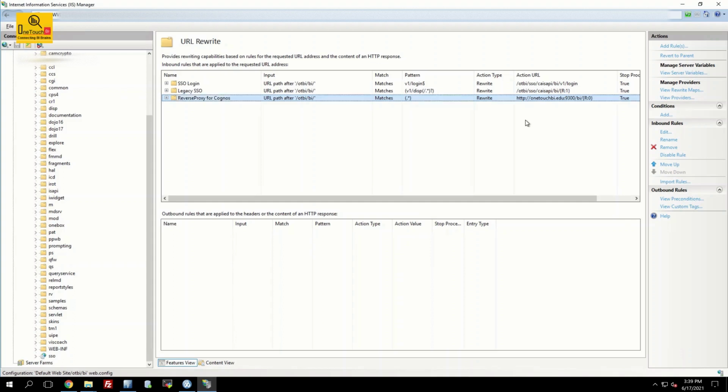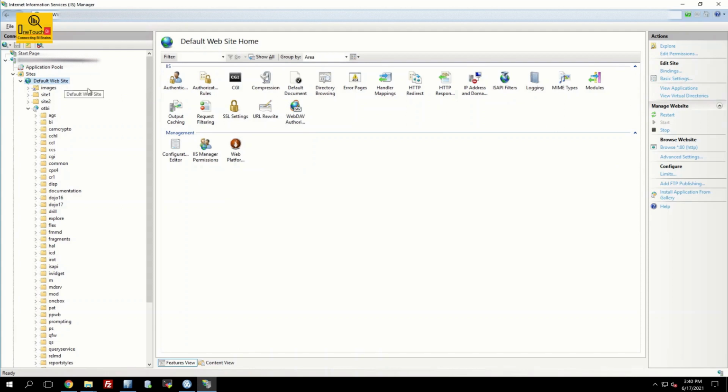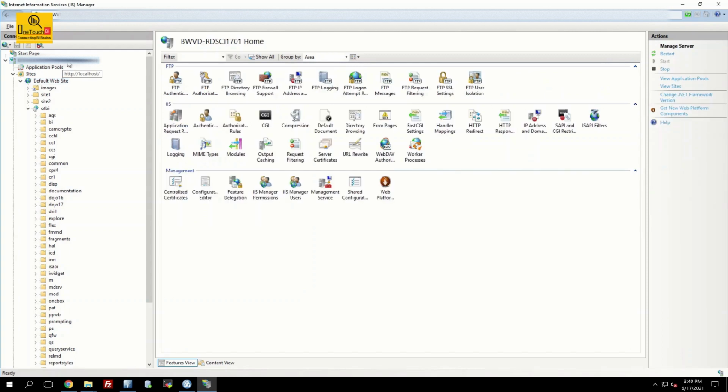We are good, and go to your server level and click on start in case it is not started already. If it is already started, you should click on restart. That's all the changes required. In the default website, just ensure that it is already started. Yeah, it is started. And at the server level also, we have restarted successfully. That's all the changes required. With this, you can bring the single sign-on effect with your Windows authentication.